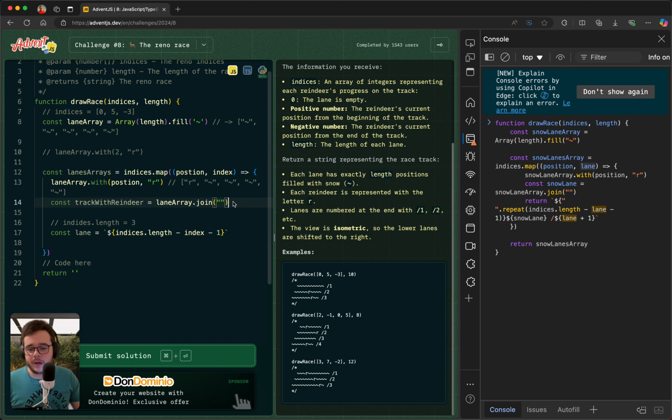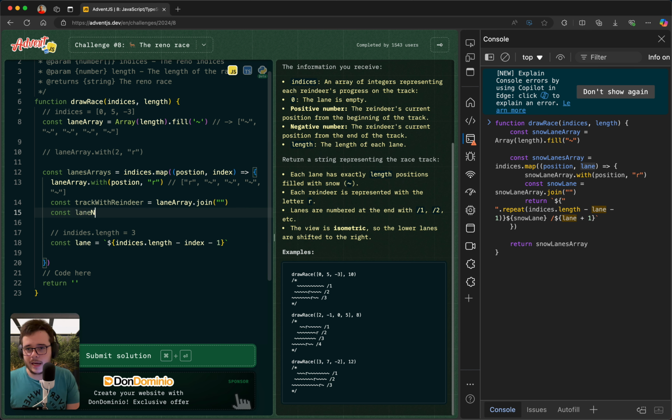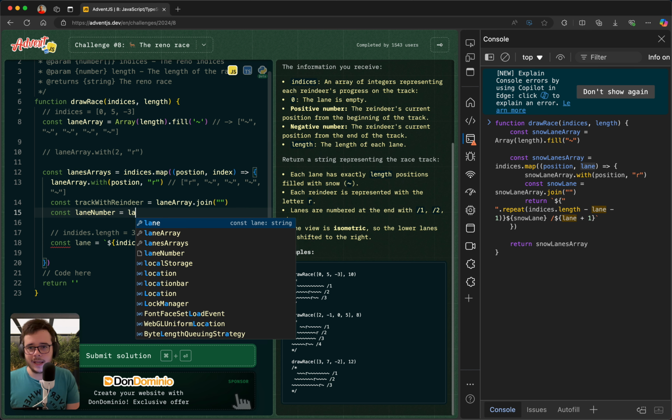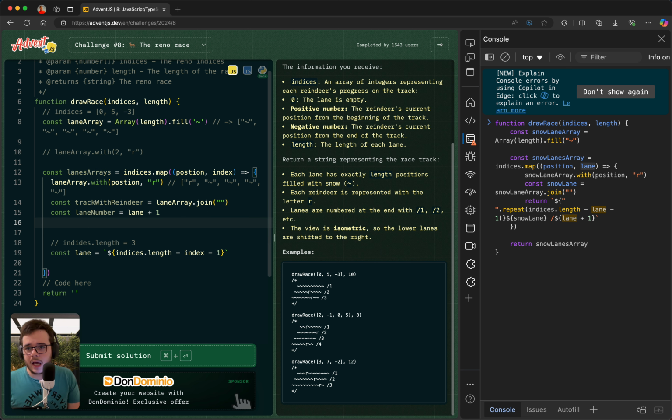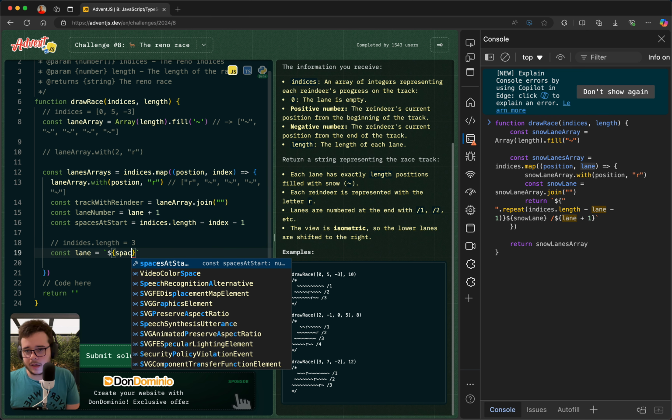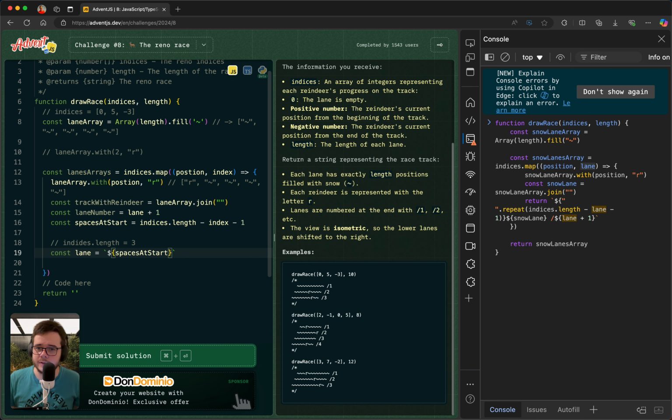We can have another constant here, which is lane number. That could be lane plus 1. And we can have another constant, which is spaces from the beginning, or spaces at start. It could be basically this. Okay. And then we can have this more clearer like this, spaces at start, and then we need